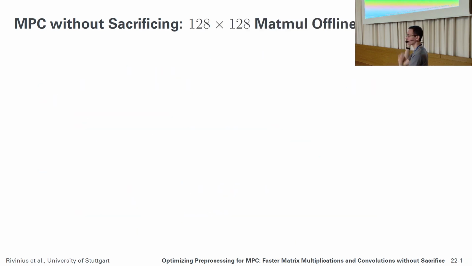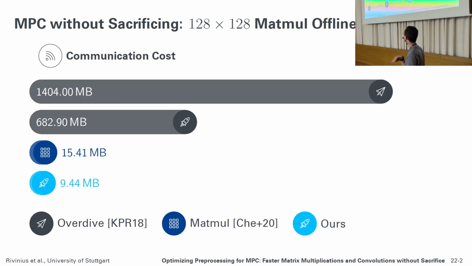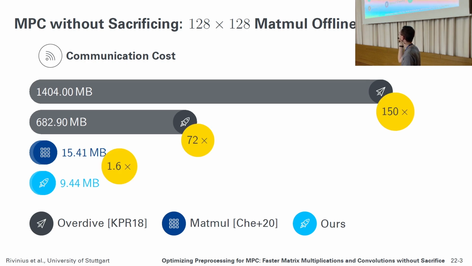Here are some results of what that brings you now for that 128 by 128 matrix. So the first line is again if you would do it with just normal Beaver triples. The second one is if we use our sacrificing avoiding technique to produce normal scalar Beaver triples. And then the same for related work with the matrices. And then the last one is if we combine some matrix packing techniques to generate matrix tuples directly and avoid sacrificing. So avoiding sacrificing gives us almost 2 times speed-up compared to the normal